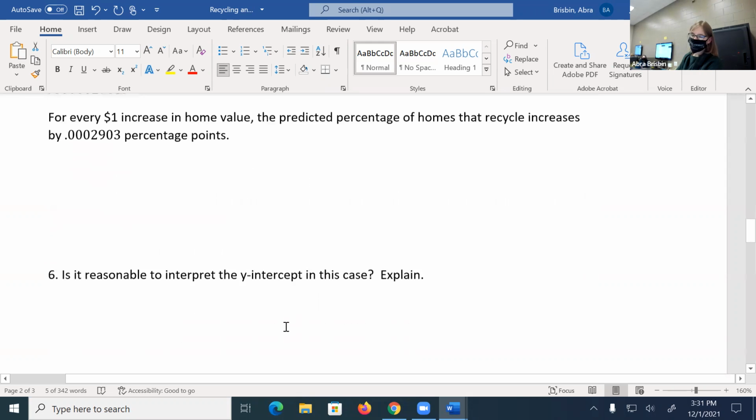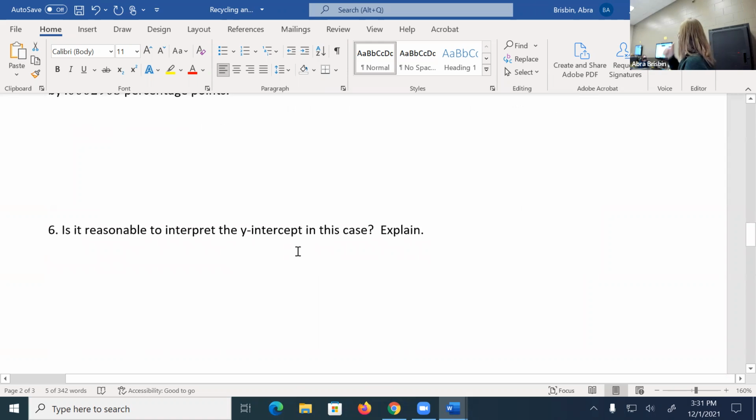All right. So then, is it reasonable to interpret the y-intercept? Let's do thumbs up for yes, thumbs down for no. So thumbs down, tell me why it's not reasonable to interpret the y-intercept in this case. Mary? No, because houses don't have a value 0, so it wouldn't be recycling, or like if it's a value